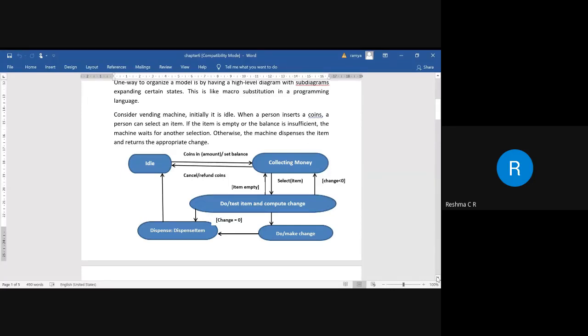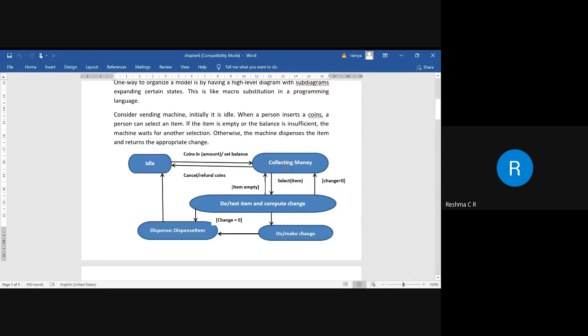So here is an example of substituting a particular state. Say for example, here we are trying to insert a coin. From the insertion of the coin, how do we collect the amount? Initially the system will be in an idle state. When a coin or an amount is inserted, it will collect the coin.